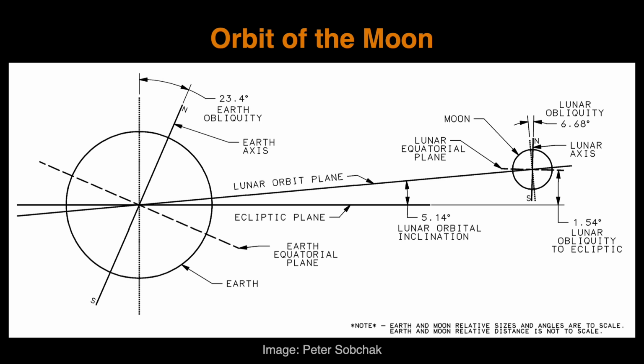Even factoring that in, the Moon's poles are nearly perpendicular to the ecliptic plane. It's slightly off in that the difference is about 1.5 degrees, but it is nearly perpendicular to the direction of the Sun. What this means is that if you were inside a large crater located either on the north or south pole of the Moon, you would never see sunlight. This is why the floor of Shackleton Crater is permanently shadowed.